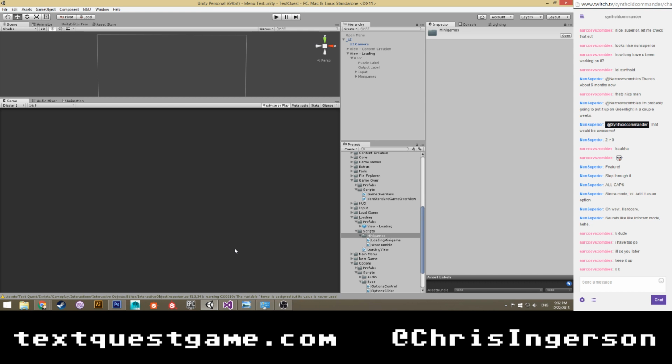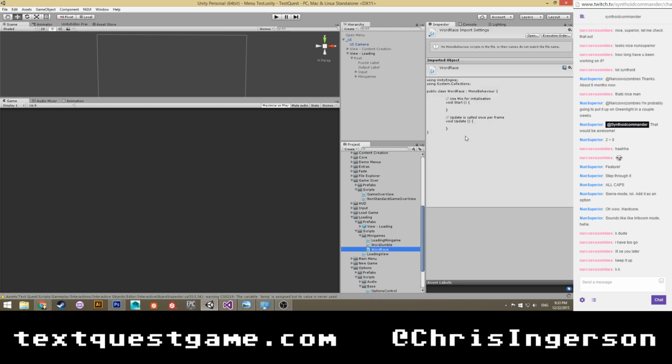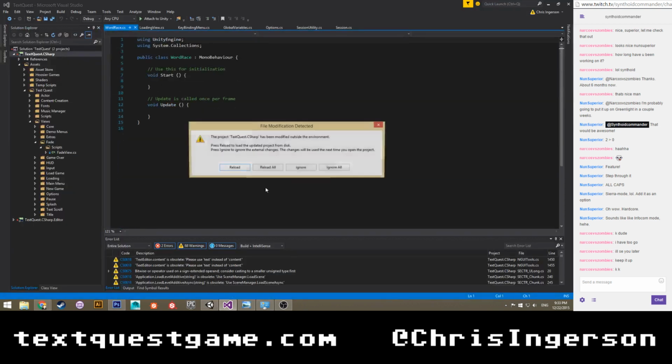Well, it's not great, but that would probably be useful elsewhere if I don't want to use it for this. So let's go to create C# script. I'm going to say word erase. Reload all.